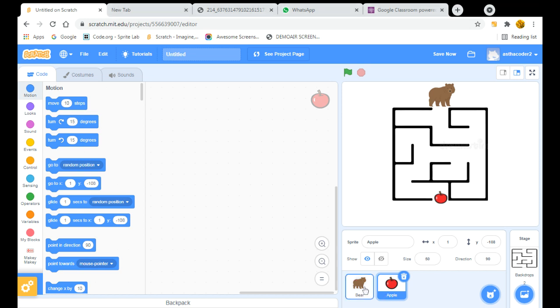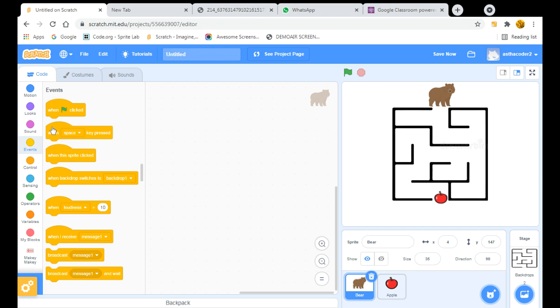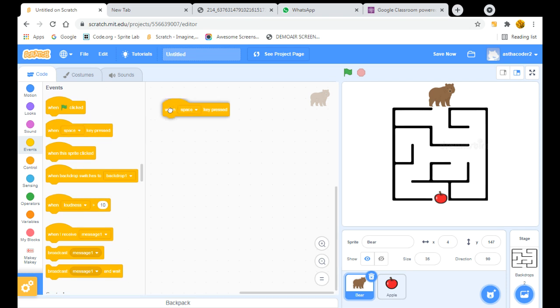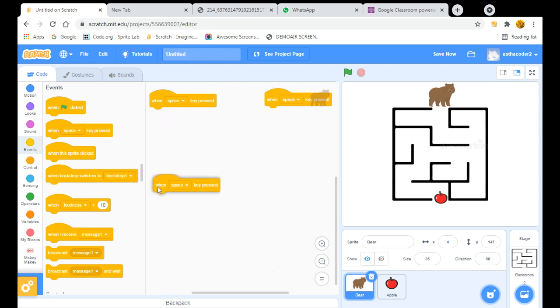Let's code our sprite. First click on this bear once, and we will code this bear. Just go to Events. As I showed you in my first video, where I made the immune monkey game, there I also showed you how you can easily make our sprite move here and there using the keys.